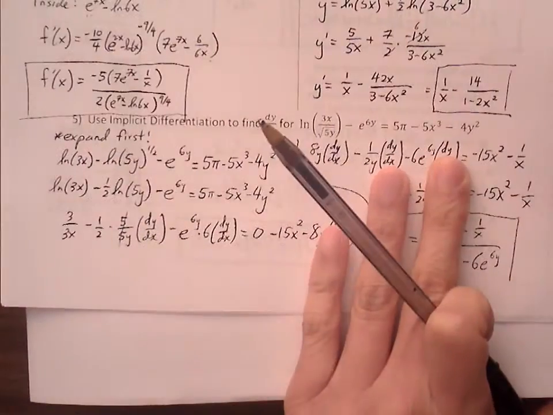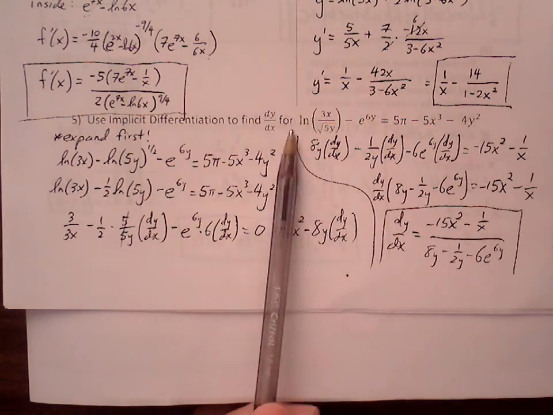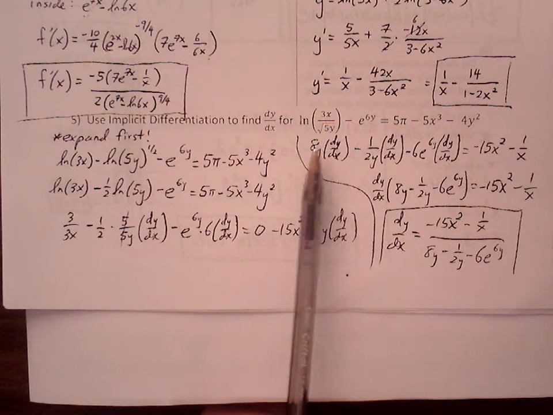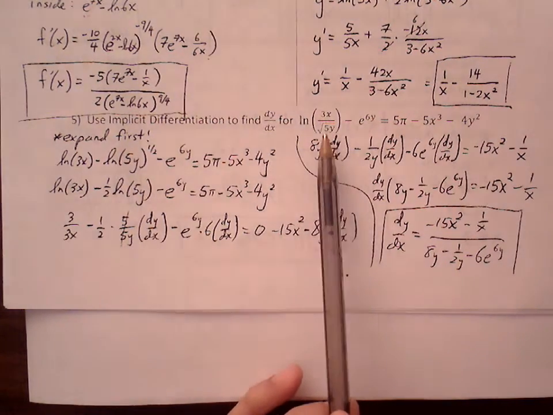Okay, so number 5, use implicit differentiation to find dy/dx. We have a lot of expansion. Well, we have an expansion opportunity here with the first term. So I can go through